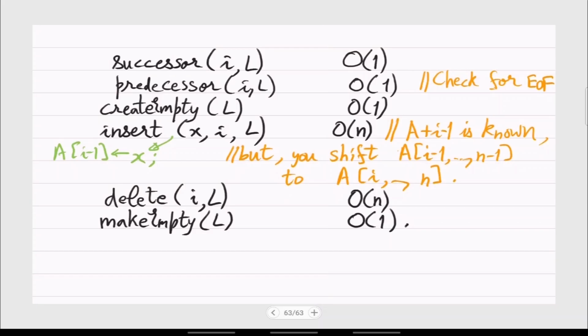So the problem is that this insert will be used from day one, right? You create a list and then you will keep inserting and growing the list. So if you call insert n times, the complexity is n square, right? And maybe you will call insert many, many more times than n because you will also delete. So you will insert, delete, and this complexity is actually very bad. So next time we have to improve on this.